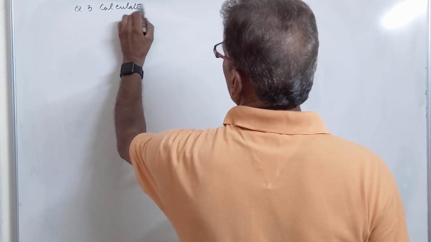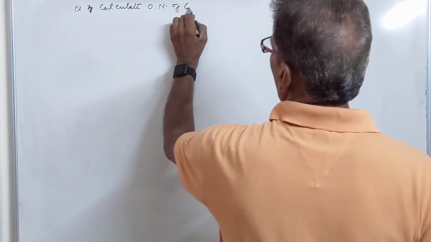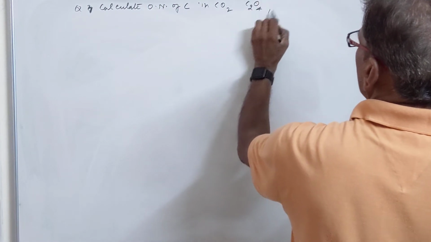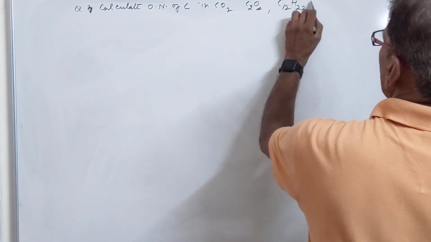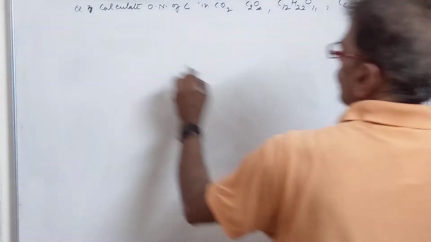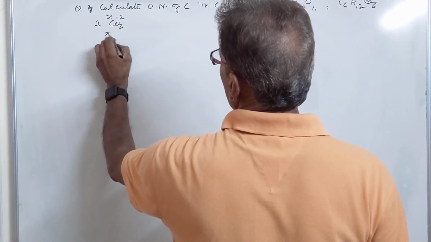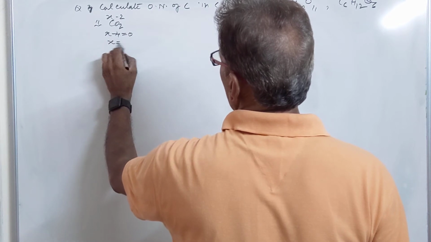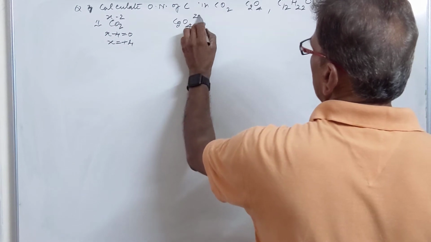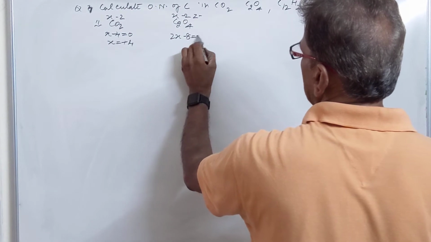Calculate the oxidation number of carbon in CO2, C2O4 2 negative, C12H22O11 and glucose. So we will be calculating one by one. CO2: let it be x, minus 2, x minus 4 is equal to 0, x will be equal to plus 4 here. In C2O4 2 negative, write x, minus 2, 2x minus 8 is equal to minus 2,